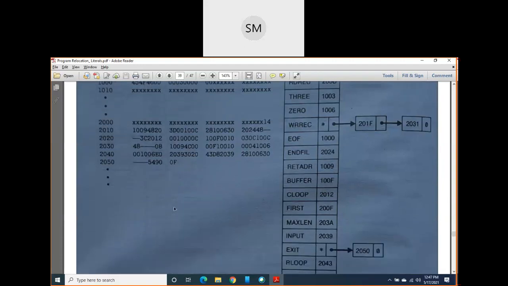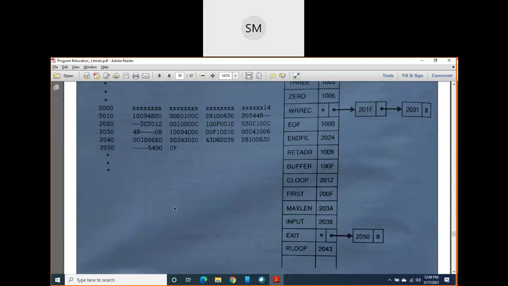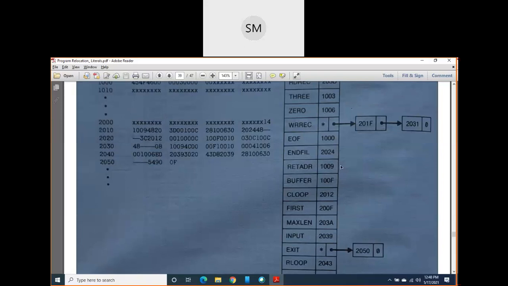Now here you should remember, this is the diagram for scanning of the program only up to line number 160. But after line number 160, I have shown you somewhere write record is defined. At that time, what you do, you will remove these forward references. It means you will remove these linked lists, and you will write the value of write record here, that is the address of write record here.